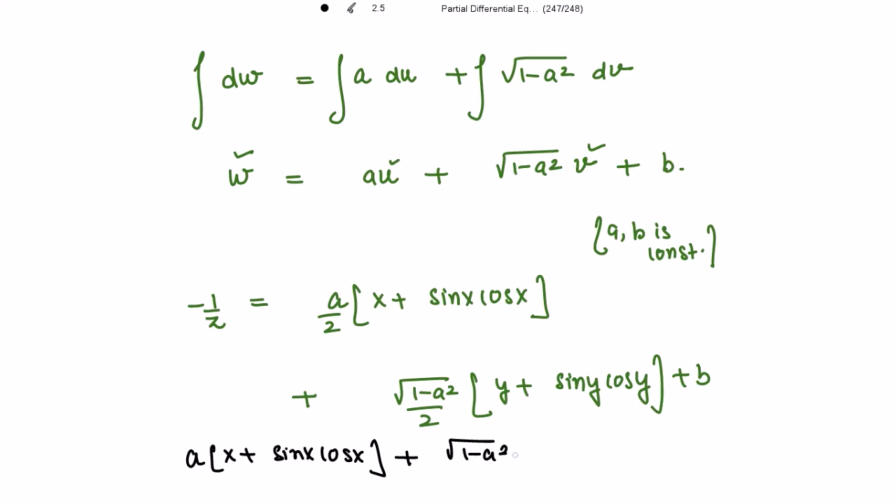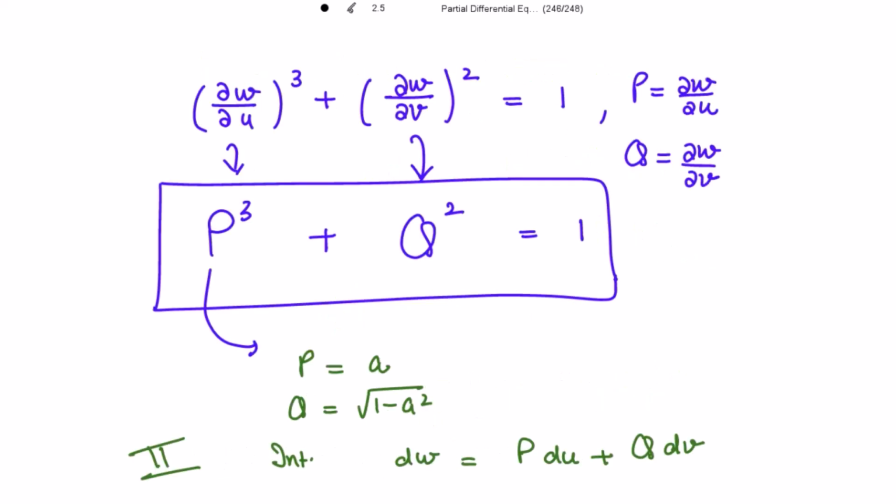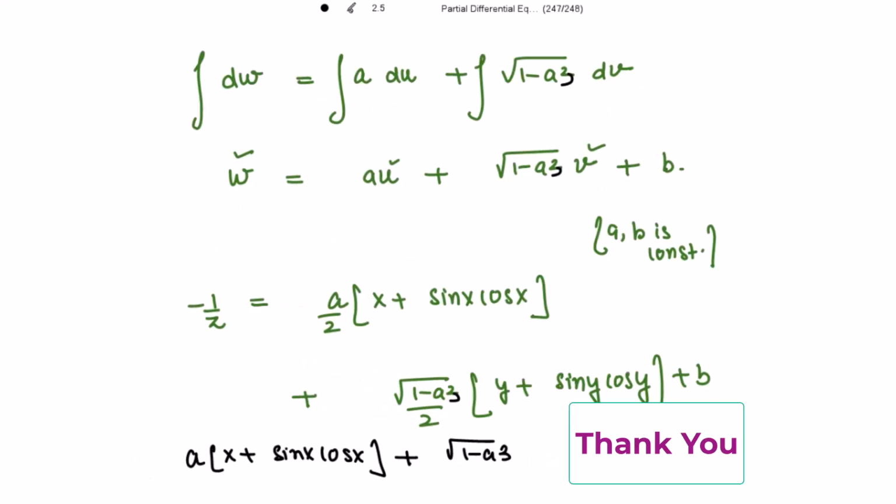Sorry, this is a cube. It should be a cube, because we are having cube over here. So if p is equal to a, this should be 1 minus a cube under the root. I'm very sorry for this. So this is a cube. Square root of 1 minus a cube, y plus sin y cos y